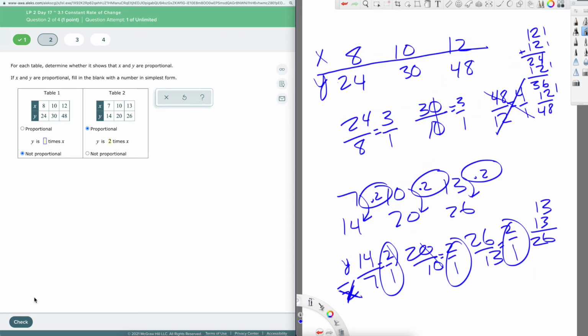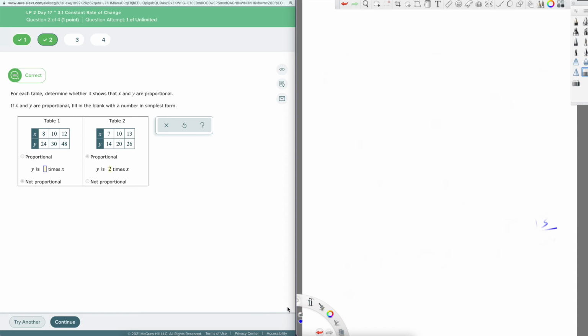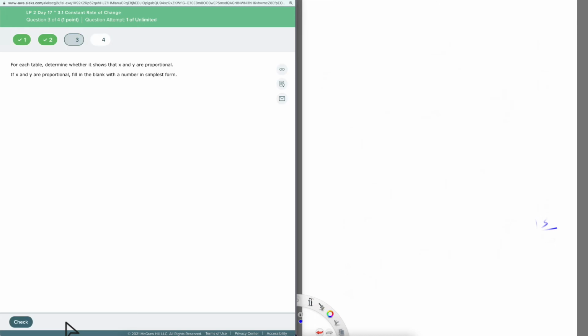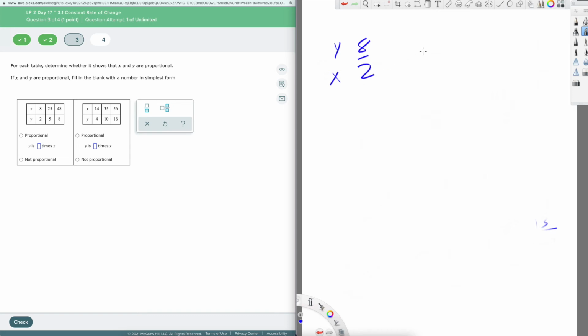All right. Erase this guy. Let's see, what's our next one here? For each table, determine whether x and y are proportional. So it looks like exactly the same thing, just slightly different tables. I'm going to be a little lazy with this, and I'm actually going to put y on top. So I'm going to go y, x like this, so I can lazily write the equations this way, instead of having to write this twice. And we just want to see, does this in fact